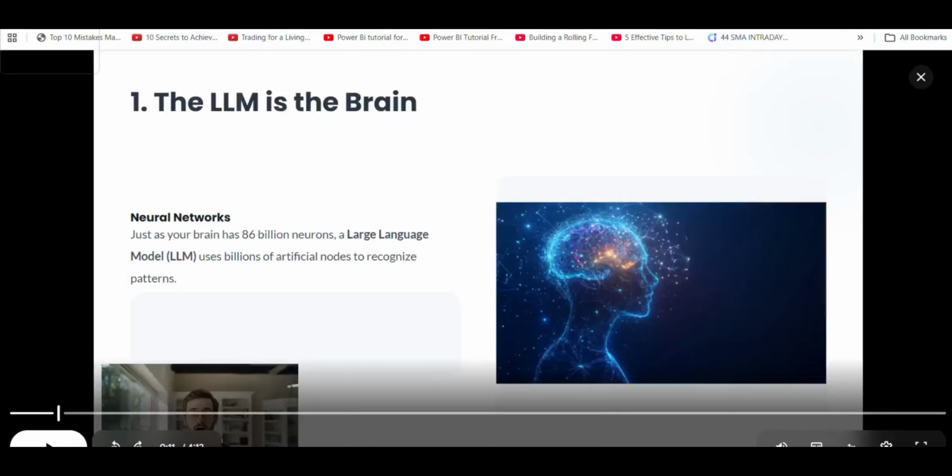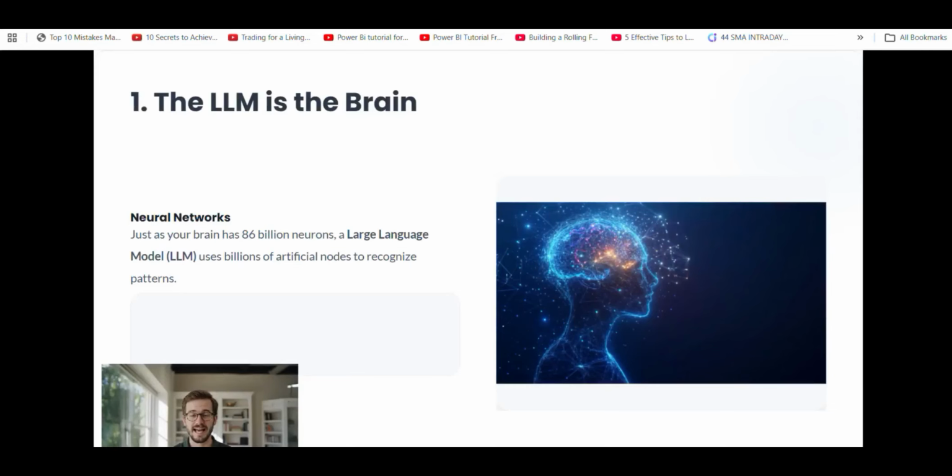Model, or LLM, is the brain. Just like your brain uses billions of neurons, an LLM uses billions of artificial nodes to recognize patterns, an analogy being a child who can predict the